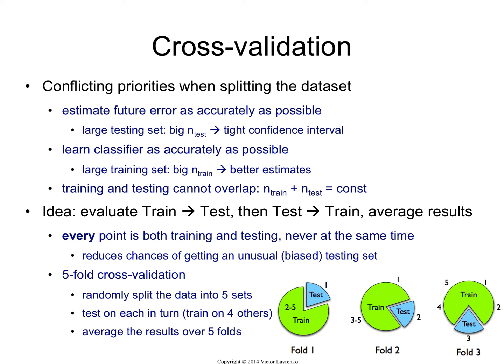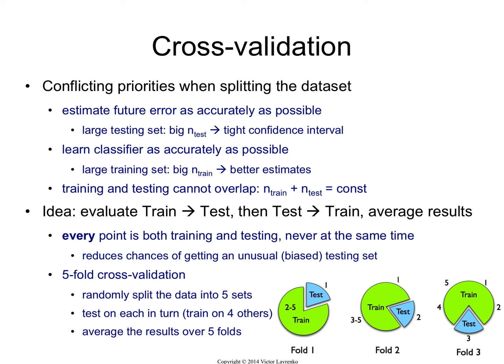The reason you do that is to use as many data points in your testing set as possible. You want to do that because large testing sets lead to tight confidence intervals on the error rate, but at the same time you want your training set to be large so you can train a reasonably good classifier or regression system. So remember, the idea there was we're going to take our data set, split it up randomly into, say, 5 different parts. We're going to take one of these parts, use it as a testing set, and use the other 4 to train the classifier,